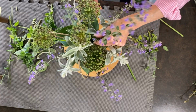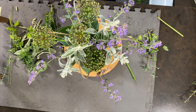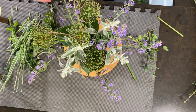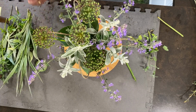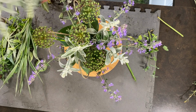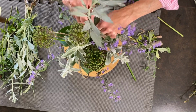This is going to be kind of a subtle arrangement if I keep it in these purples and greens and grays. I have this really lovely striped grass here. I might add this at the end just to give it a little bit of whimsy. So I'm going to put the Artemisia in next, and I think that will just be tall and airy too. I kind of like the way this,